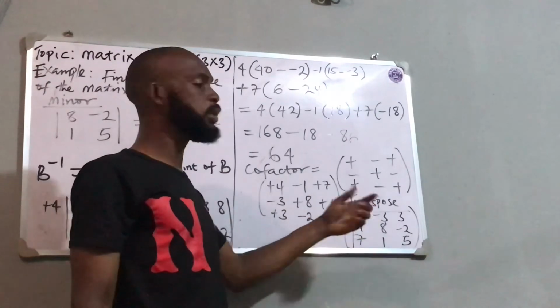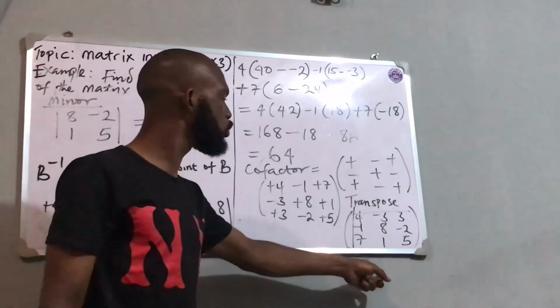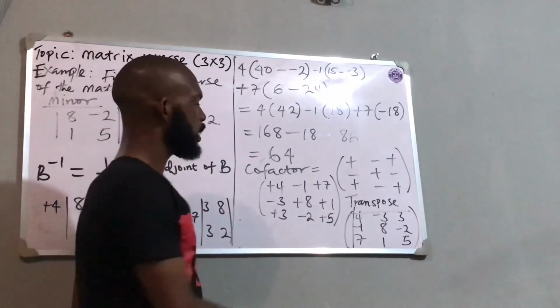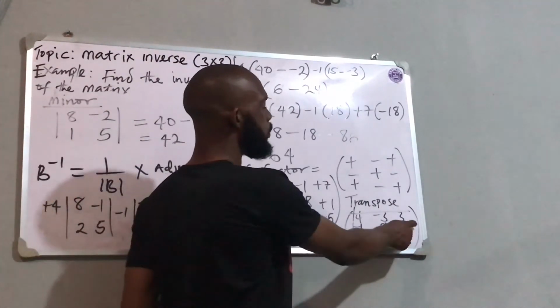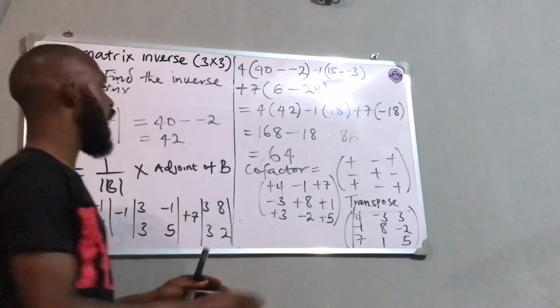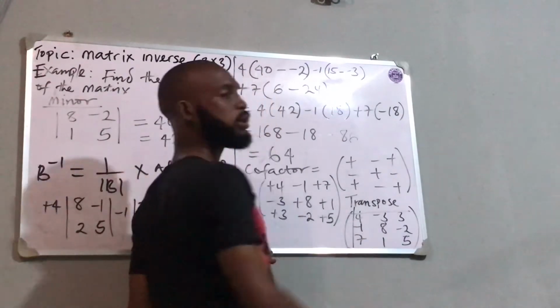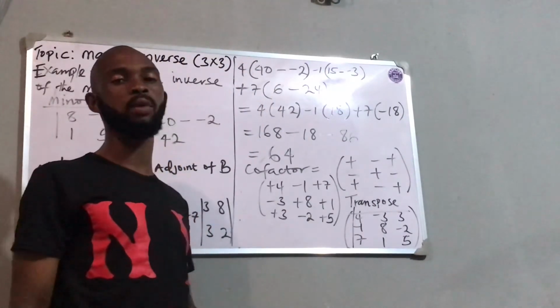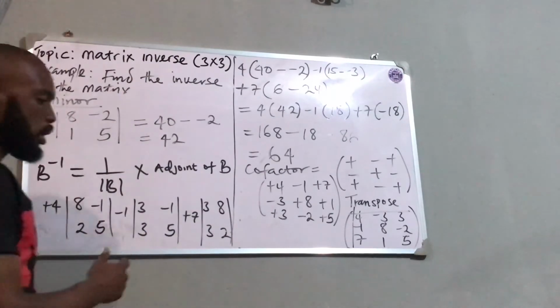So for minus 3, which is the second one, you delete this row and this column. So you'll be left with minus 1, 7, minus 2, and 5. So you find the determinant for that and replace it in the position of minus 3. So you do that for the rest of the elements and see what you get. If you do that correctly, we're going to get